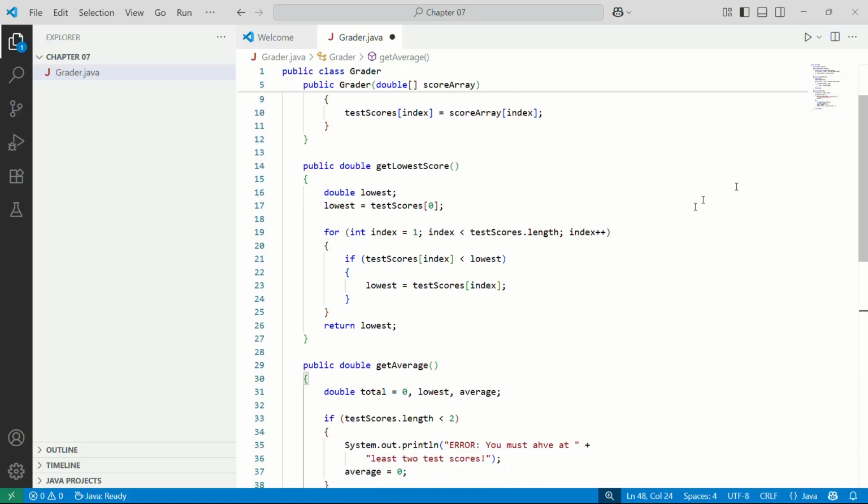Get lowest score. It finds the lowest value in the testScores array and returns the value. The get average